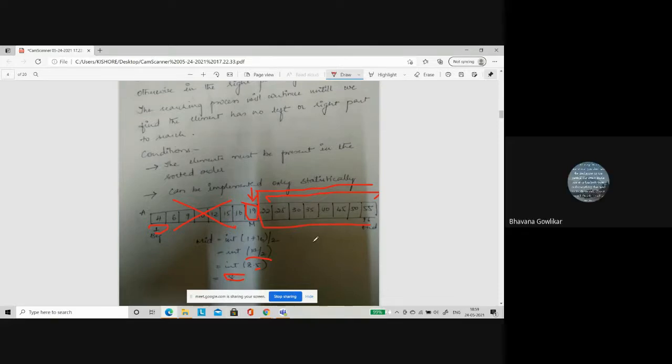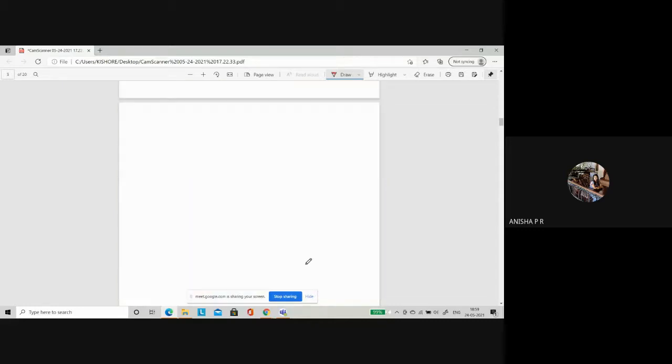Yes, ma'am. Okay. Now this becomes your main array, because you have to search here. Same way, again, from this position to this position, you will calculate the middle element. You will fix the middle element. Assume that this is your middle element, either this or this. So let us see which is going to be your middle element.